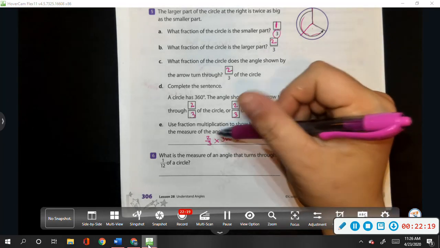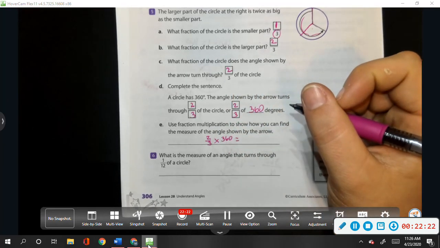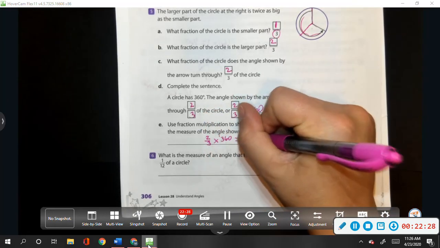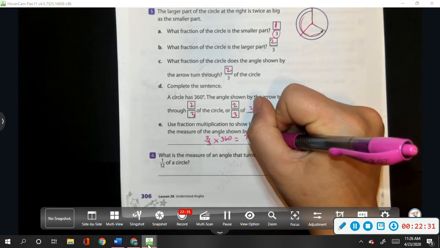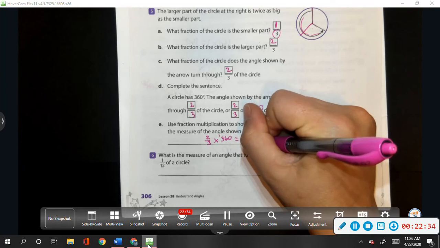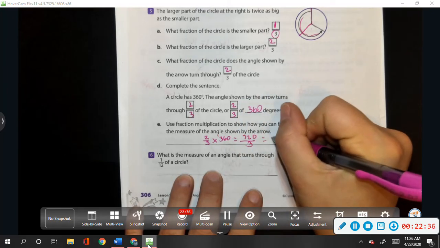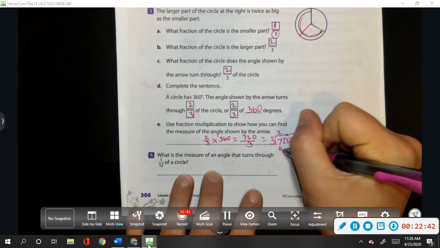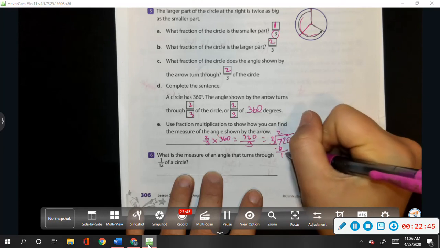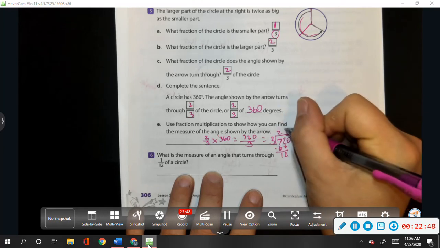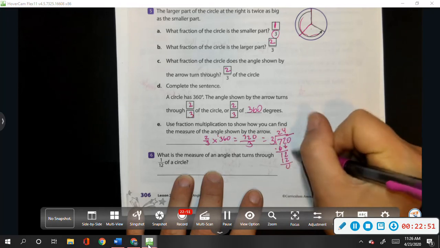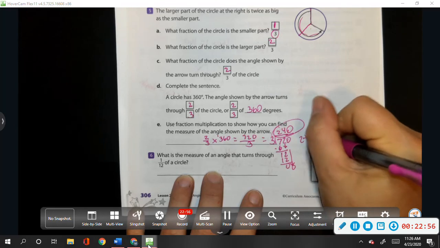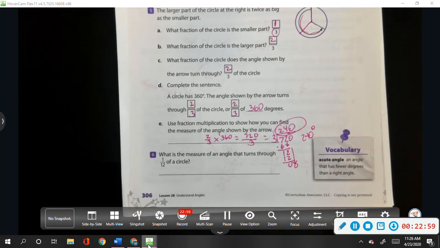360 times 2 would be 2 times 6 is 12. Carry the 1, that's 7. 720. Bring the 0 over, and then our denominator doesn't change. And then we just divide that out. 3 goes into 720. 3 goes into 7 twice. 2 times 3 is 6. We subtract, bring down the 12. 3 goes into 12 4 times. That equals 12. Bring down that 0. 3 goes into 0 0 times. So it's a 240 degree angle,